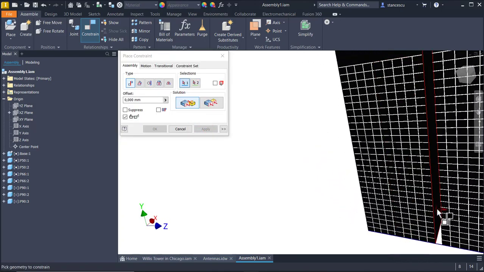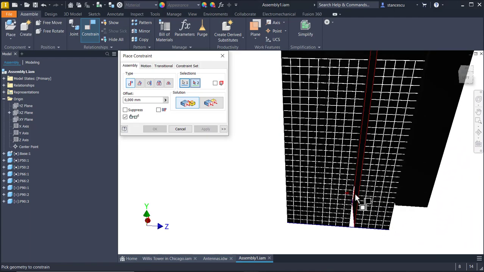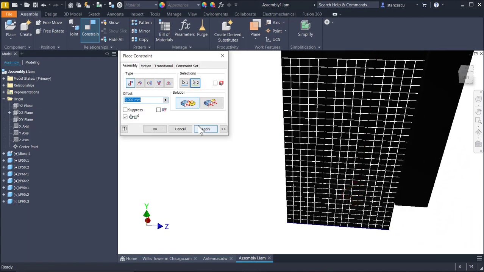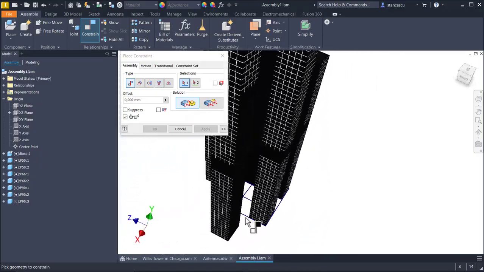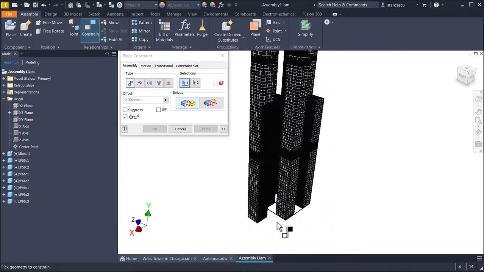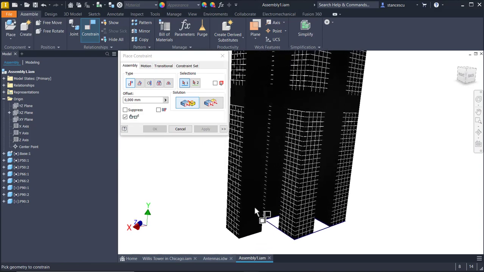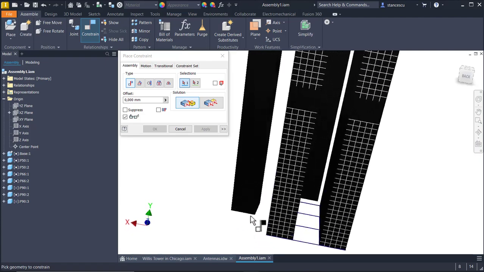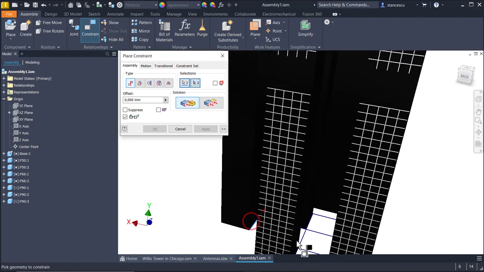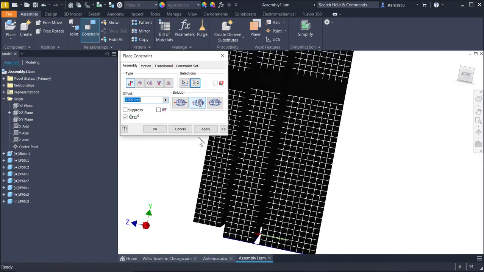Apply. Internal with internal black faces. Apply. The other one was well placed here, so I select this edge to be on this line. Apply,